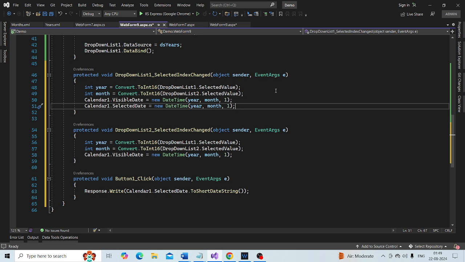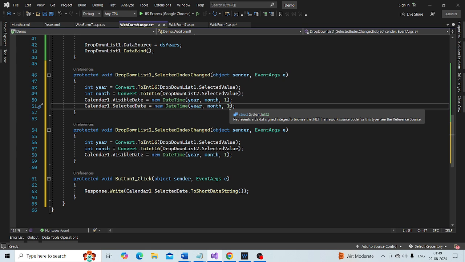So what is going to happen? The calendar will be changing to that date, the visible date, and then on that date it will select the first day of that month and year.